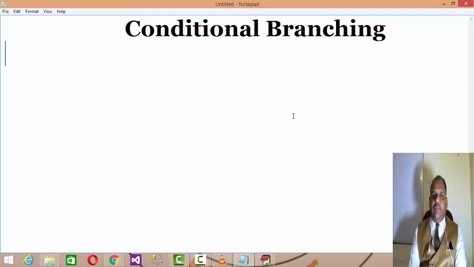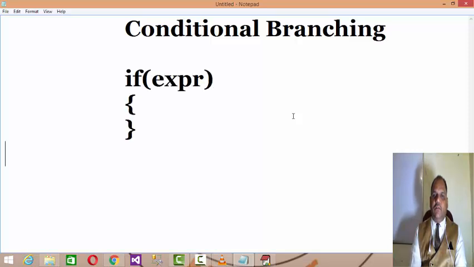Conditional branching can be performed with three types of blocks. The first block is if, where you write the conditional expression, and then we have a then block and an else block. Try to understand that the else block is optional. It's not compulsory to write that block.